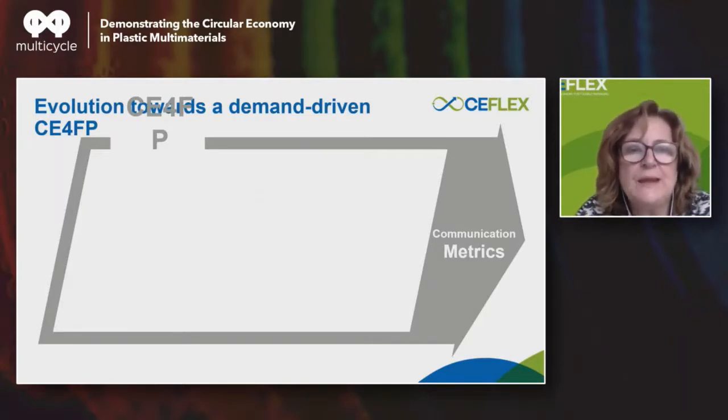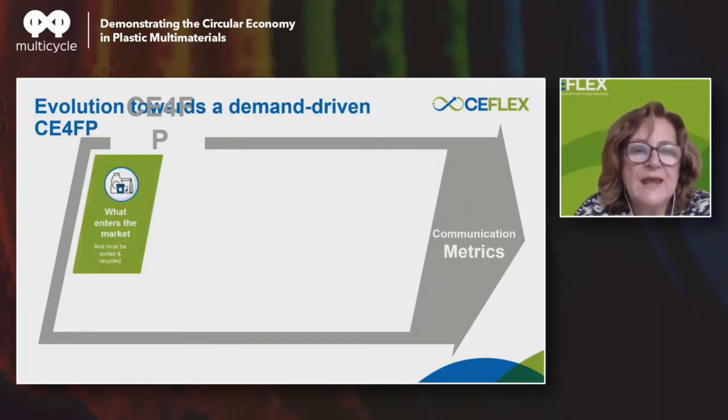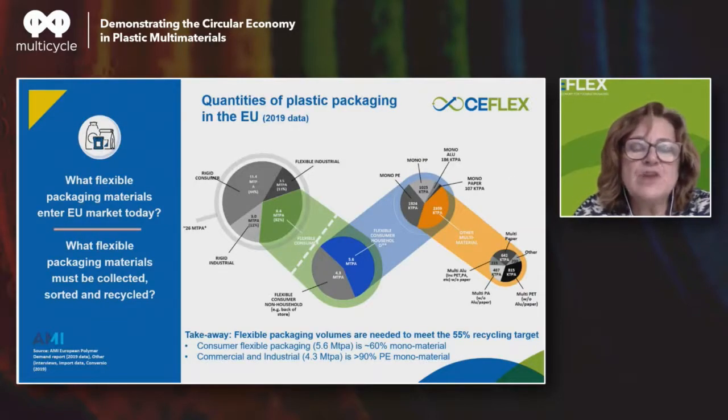So let me explain it. On this next slide, please click. Yes. If we start with the volume of polymers by type, as they are put on the market, looking at the flexible packaging, and we're using here an AMI-type database. So the next slide is showing you really the snapshot